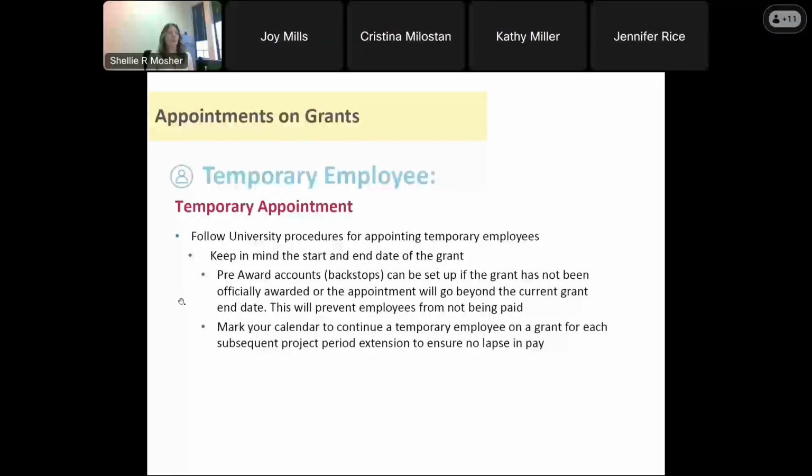Temporary employees. So you might have some past students, or even students who are not enrolled in the summer. You can use the temporary appointment form to appoint individuals who would be working on the project. Same thing I've mentioned before, you want to keep in mind that start and end date. The backstop is available if the grant hasn't officially arrived, so that you can get people paid. And similarly, maybe you need to mark your calendar to make sure that these appointments don't lapse and